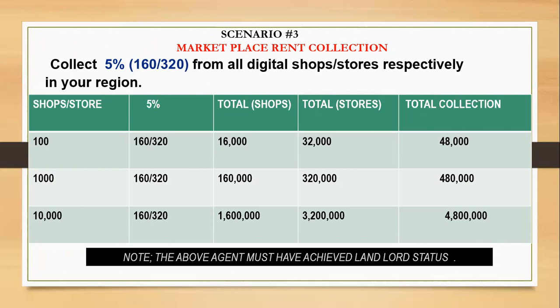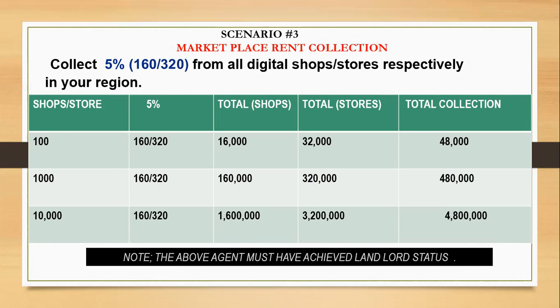Now, let's say you have 100 shops, that is 100 times 160 Kenya shillings, that is a total of 16,000 that you collect in a month. Okay, so if you have 100 stores, that is 100 times 320, that is 32,000 Kenya shillings. So if you have 100 shops and 100 stores, you're able to collect a total of 48,000 from that given region. Right. So if you have 1,000 shops, you're able to collect a total of 160,000 Kenya shillings